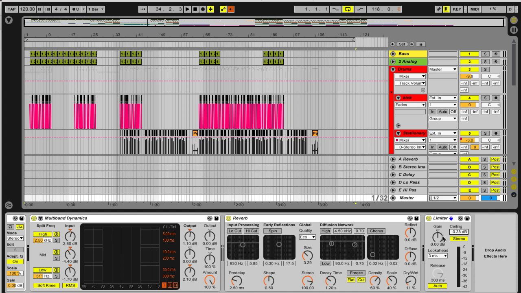And then what we can do is just change this gain setting very simply to bring up the volume of our track without it going over and clipping that level. So I'm going to just do that